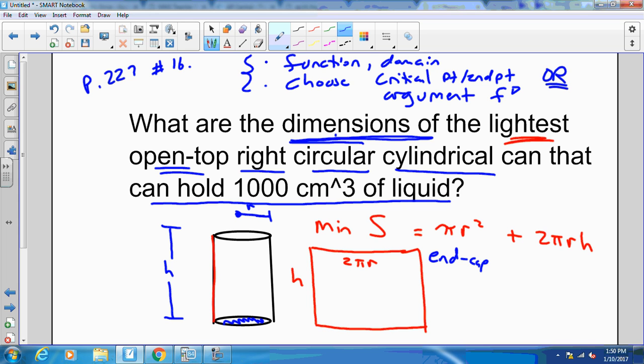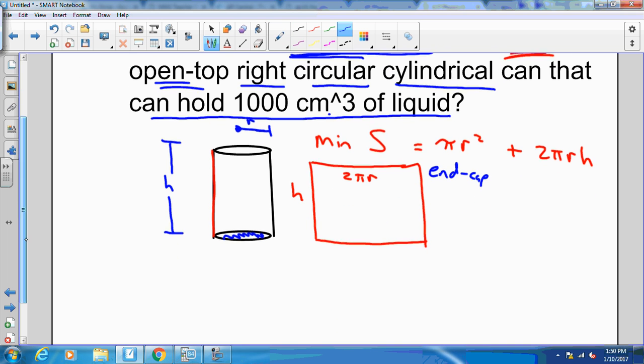It can hold 1,000 centimeters cubed of liquid, and either the units or just experience can tell you that we're talking about the volume. What is the volume of this right circular cylindrical container? That's right. Take that base and multiply it through h. So the volume,